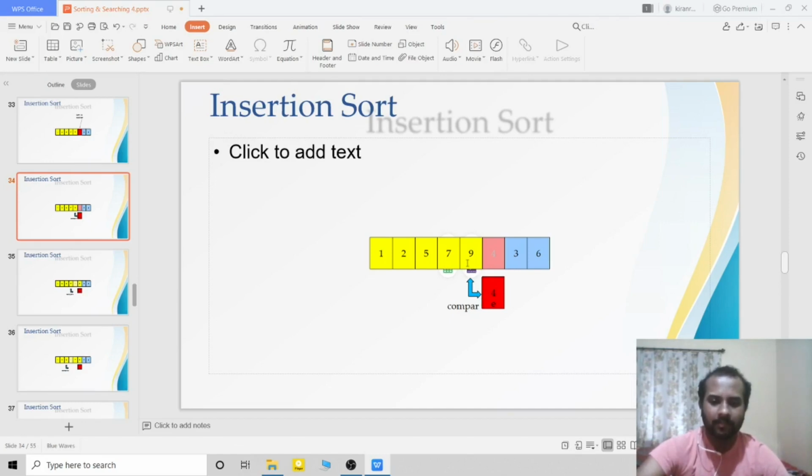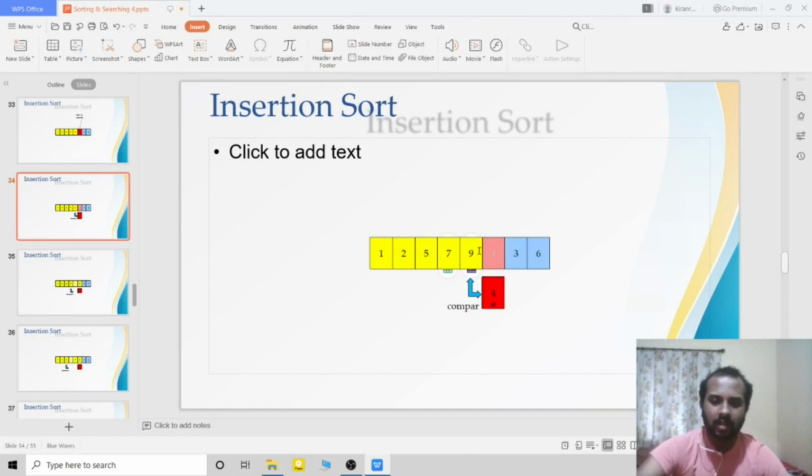So if temp is lesser than A of PTR, then what I have to do? I have to shift this one to this position, right? So this is PTR. What is this one? This is k, right? And this place I can write as PTR plus 1 also, right?